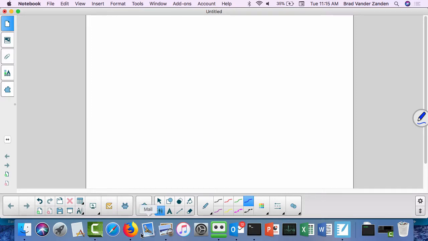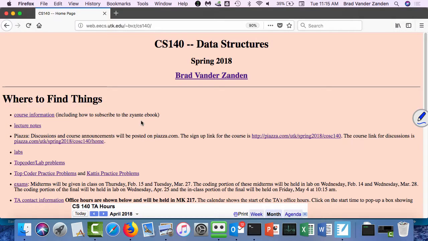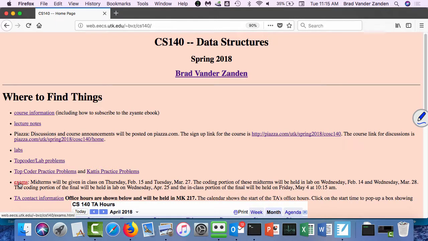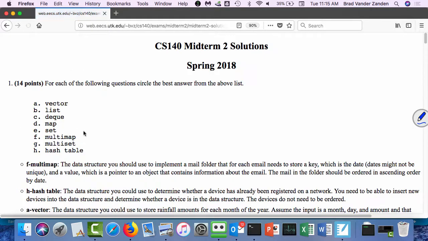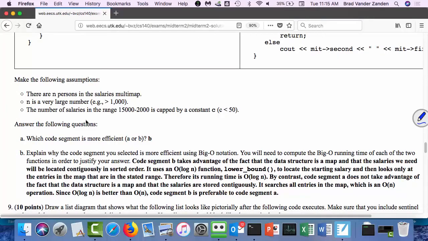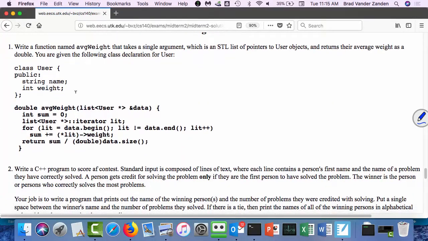So that's the agenda today, and we will start with the midterm exam, the coding questions. I'm not going to spend a huge amount of time going over them, just note a few of the common errors that were made. The first one asked you to iterate through an STL list. The STL list contained pointers to users, and what you were doing was simply returning the average of their weight. So if you visualize it, the STL list looks something like